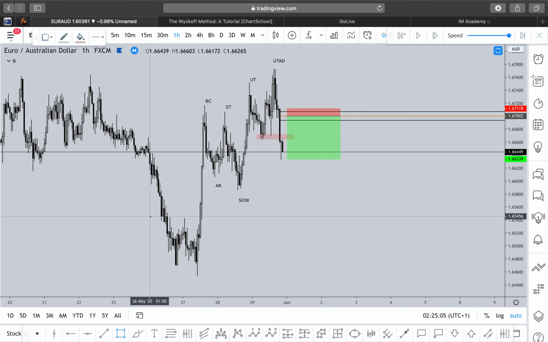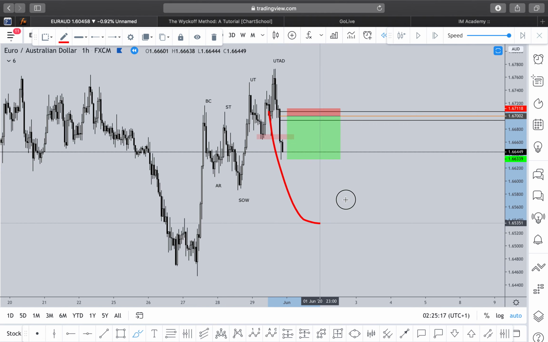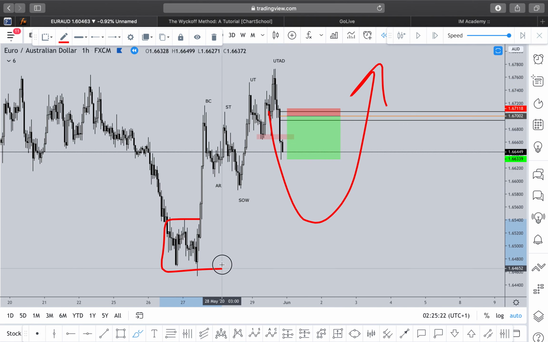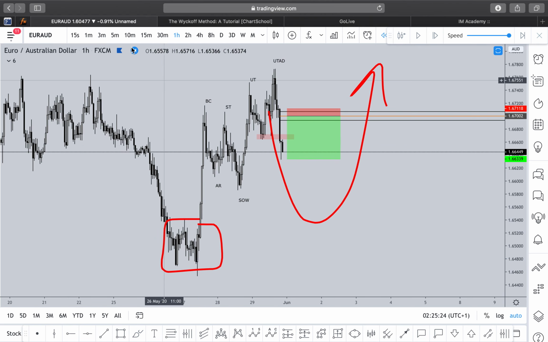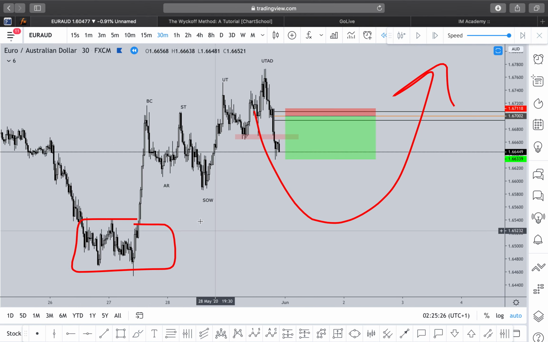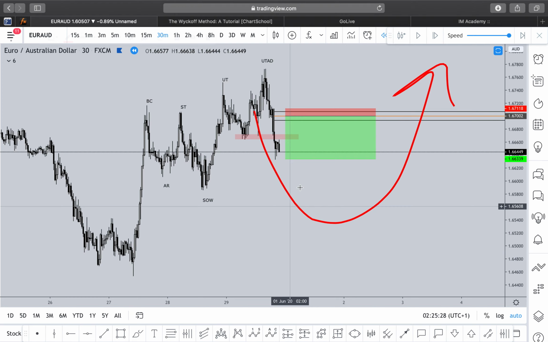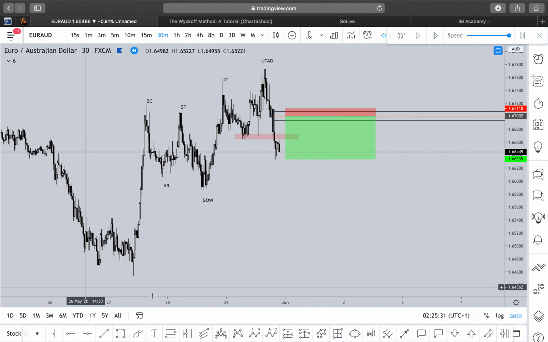I can in essence see that we stalled in price over here as well. The price in essence went sideways. So on a lower time frame, this was definitely some type of an accumulation before this market goes higher. Now I have to assume that this is a potential simply because of this accumulation that took place over here, right? So on the 30-minute time frame, you can see it a little bit more clearly. That accumulation that was formed over there,